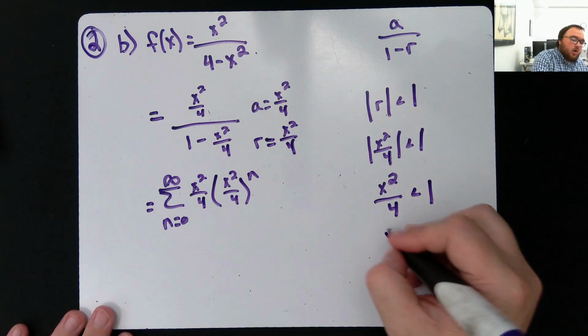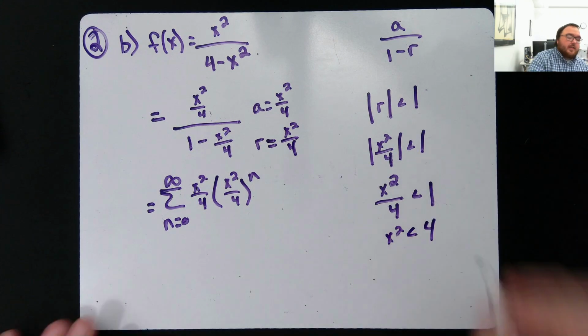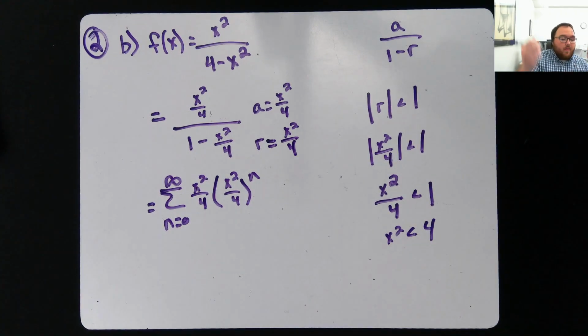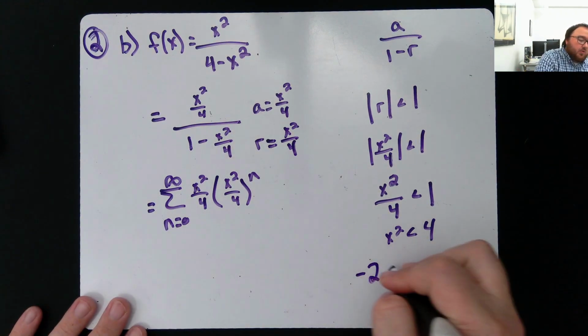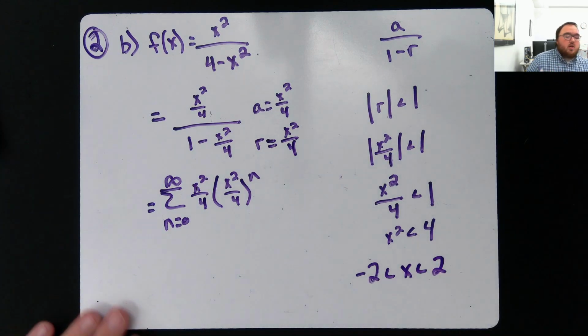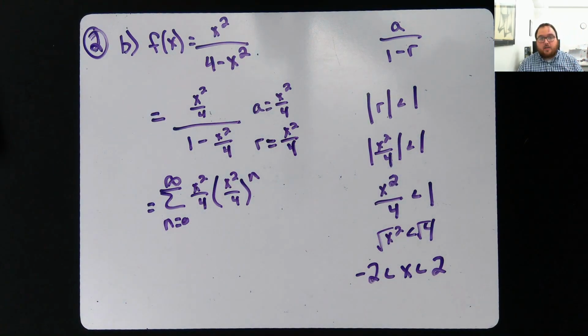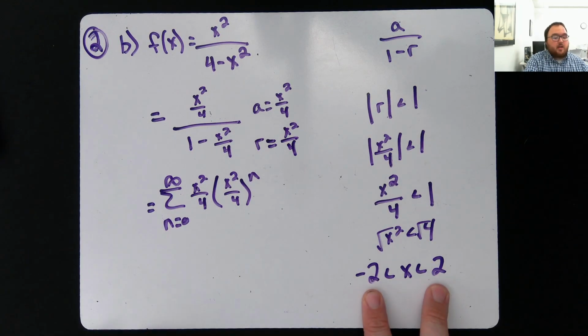Now times by 4. Take the square root. Remember, the square root of 4 can be +2 or a -2. That's where I would end up with -2 less than x is less than 2. Again, because when I take the square root of 4 can be +2 or the -2. Then once again, there's no need for us to test these because r has to be